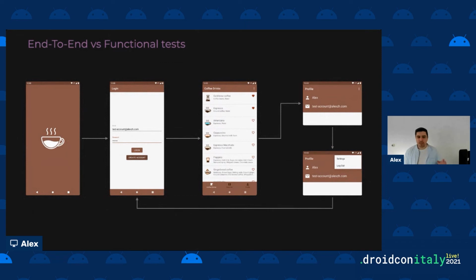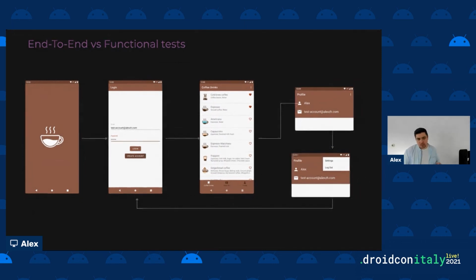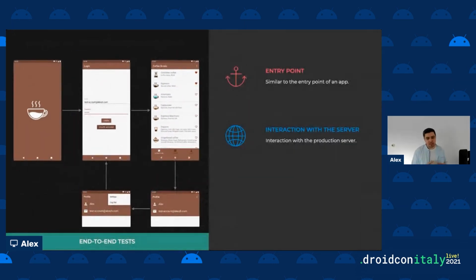When we start from the splash screen, enter credentials, press login, we go to the coffee drink screen and we do something with the screen. But as we remember, we would like to have a similar state of our environment before and after the test. It means that at the end of a test, we should log out to clear all data and to avoid a situation when the next test starts and instead of the login screen, we already have, as an example, the coffee drink screen. So let's take a look at the main idea of